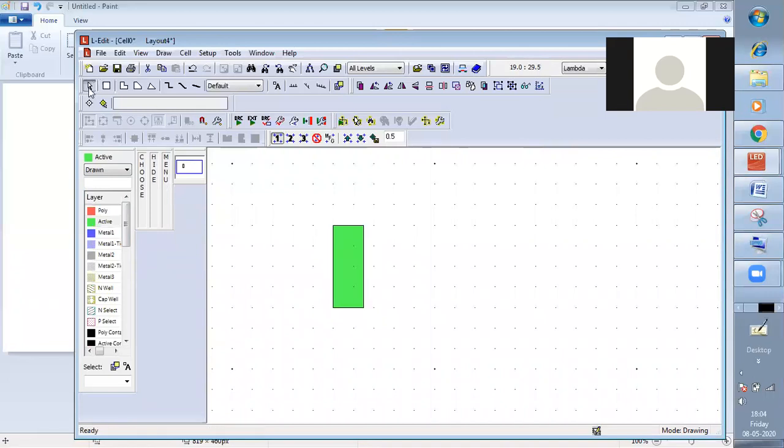Now if we want to change this size, we have to go to this arrow button and then alter. So this is one box, right? And now see here the width and height. It is exactly 1.00 and 1.00 here. This A means area and this P means perimeter. So you can see it is a square of 1 lambda by 1 lambda unit, right?